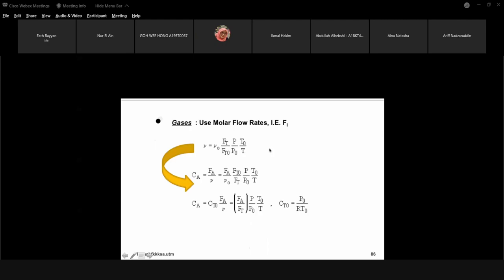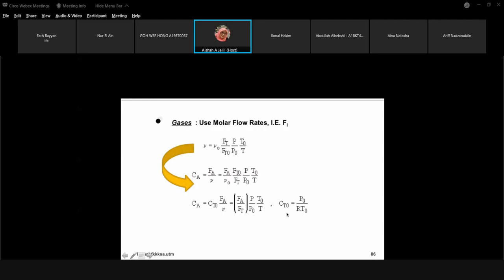This is the gas-phase molar flow rate. You can find this one in the textbook. This is V in terms of molar flow rate. They do not use X, but molar flow rate. Previously we studied V equals V0 (1 plus epsilon X), something like that. That is with X; this is without X. This is V and C again. When you put the V here, you can get C in terms of this, and finally you can get CA in terms of this one, other than conversion. You do not use X.